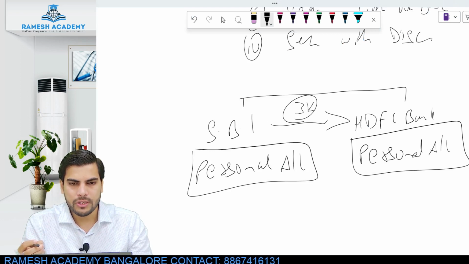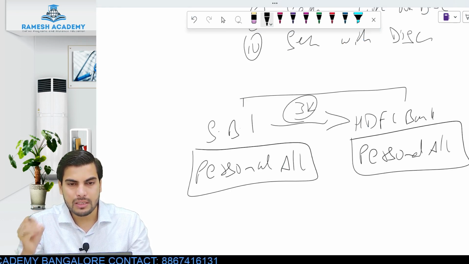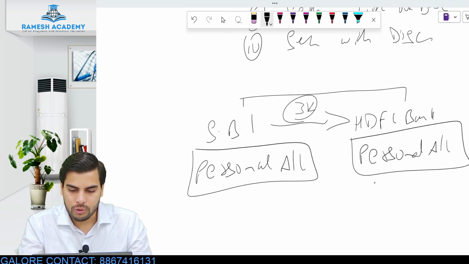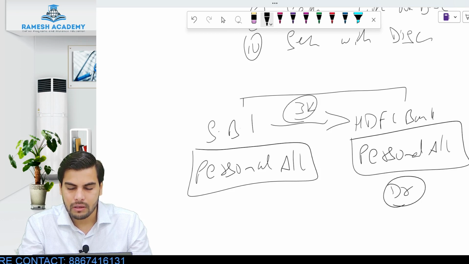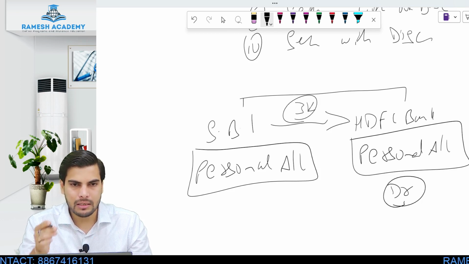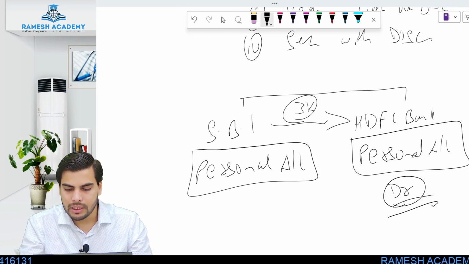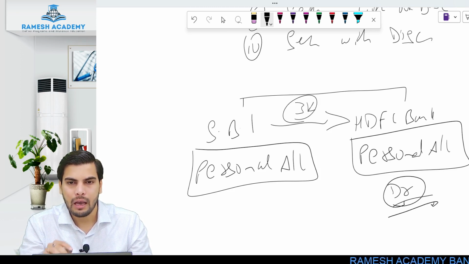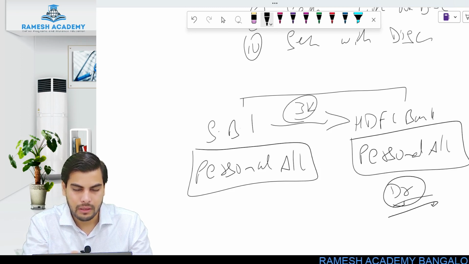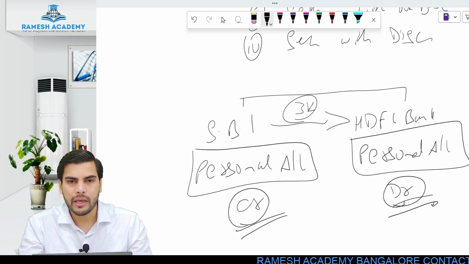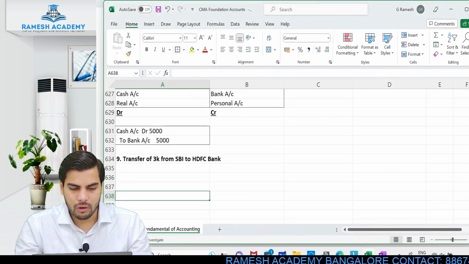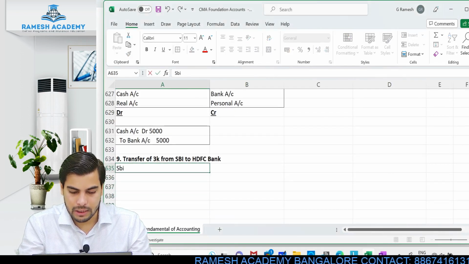So the rule of personal account is debit the receiver, credit the giver. Which is the bank which is receiving this 3,000 and which is the bank which is paying this 3,000? When I'm transferring from SBI to HDFC, HDFC is the one which will be receiving. So debit the receiver, you will be debiting this HDFC bank. Credit the giver of benefit. SBI is the one which is giving the benefit, therefore you will be crediting it. So here the two accounts which are relevant would be SBI bank account